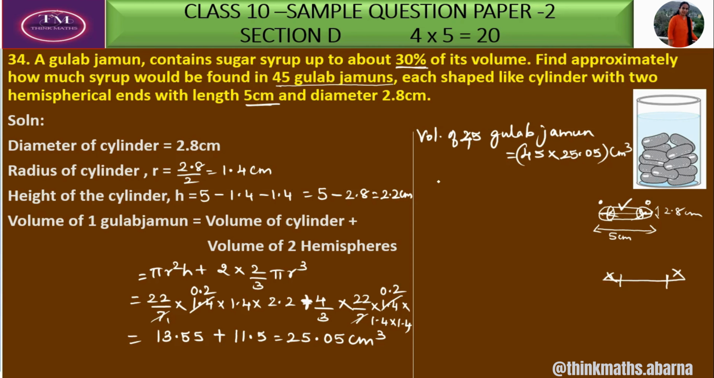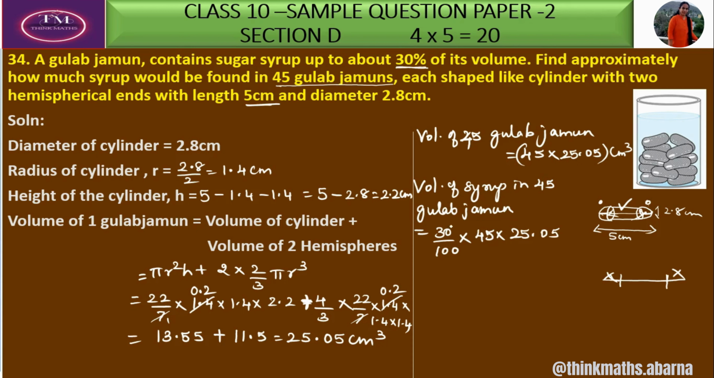Next, what do we have to find? We have to find out the volume of syrup in 45 gulab jamun. So the volume of syrup in 45 gulab jamun is equal to, how much volume is there? It is 30 percent. So 30 percent is 30 by 100 into the volume of 45 gulab jamun, which is 45 into